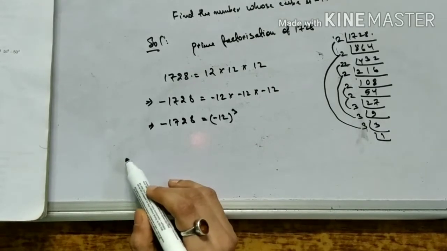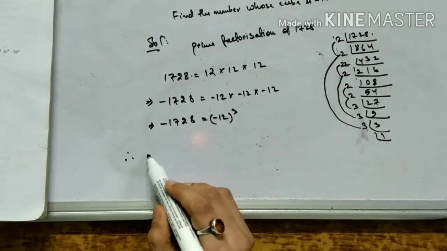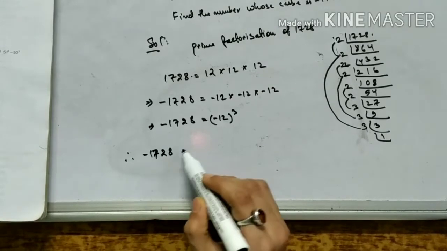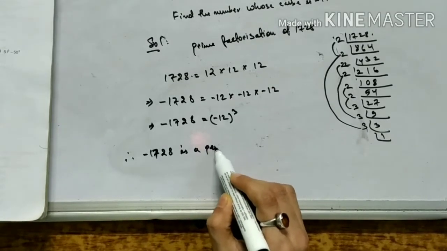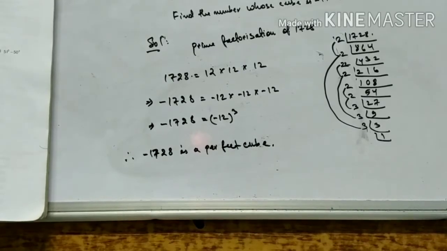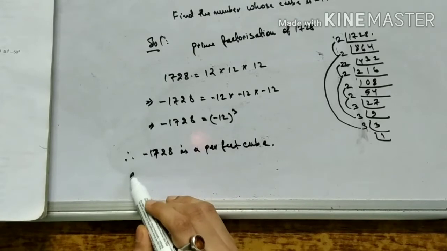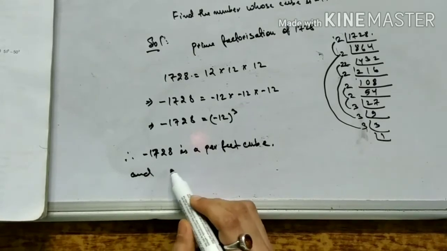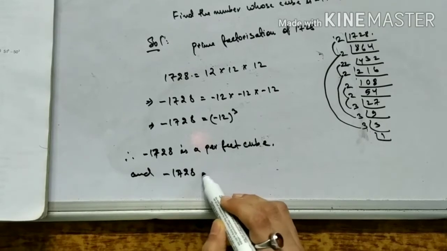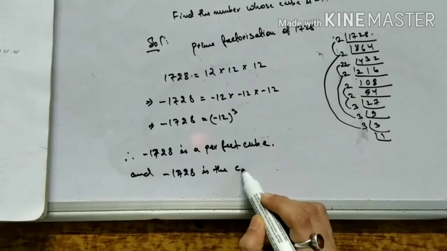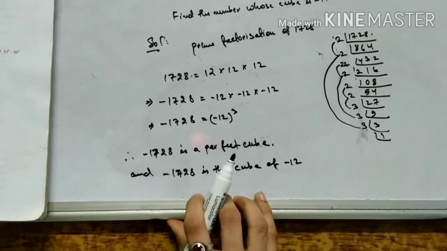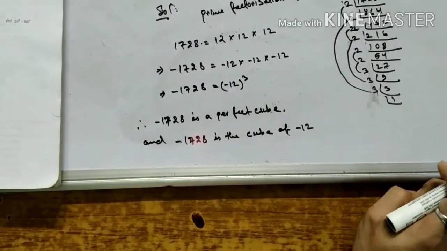Okay, so therefore I can say minus 1728 is a perfect cube, and minus 1728 is the cube of minus 12. Okay,